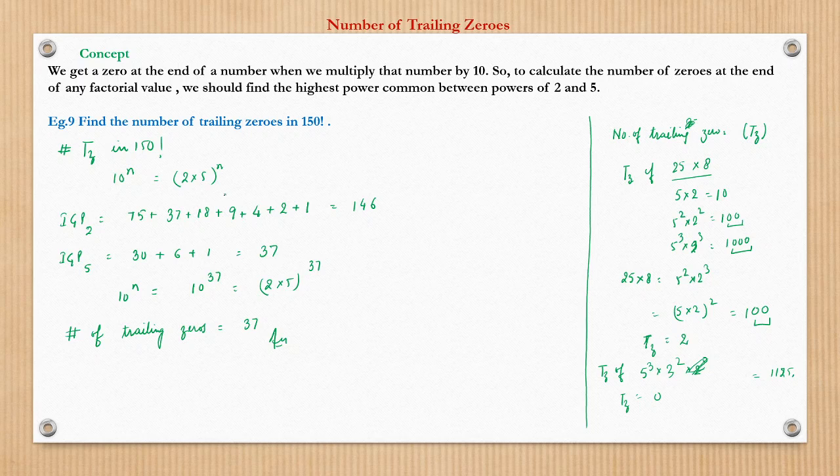So in that case here we should not have calculated this IGP of 2, because we know anyway the power of 2 will be much more than the power which 5 has in 150 factorial. We should directly have come to the IGP of 5, calculated this, and that would have been the answer, right? So from now onwards we'll do the same only. Rather than finding the IGP of all the prime numbers, we should be concerned only with the one which we think is the limiting one, right? So here we get 37 as the answer.